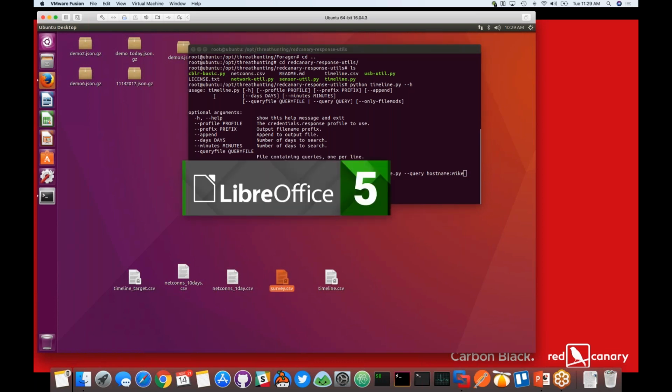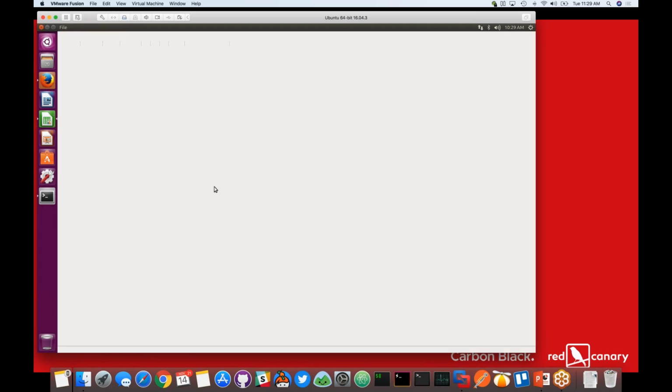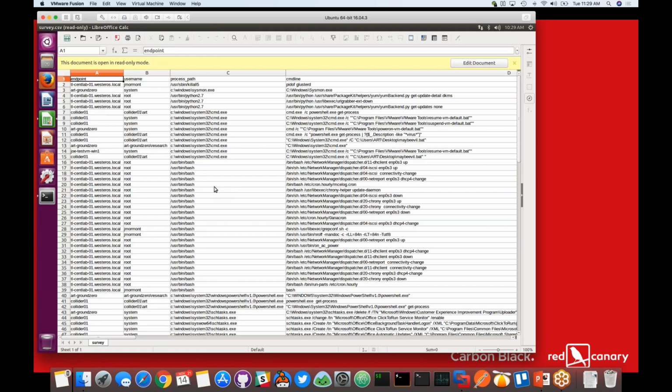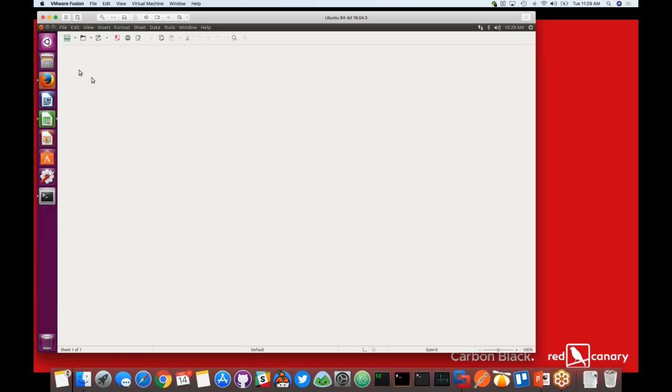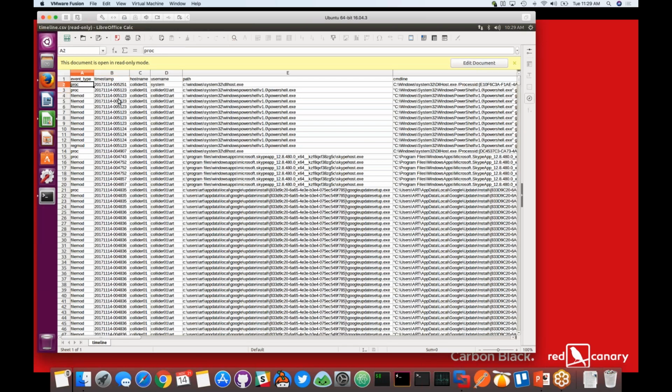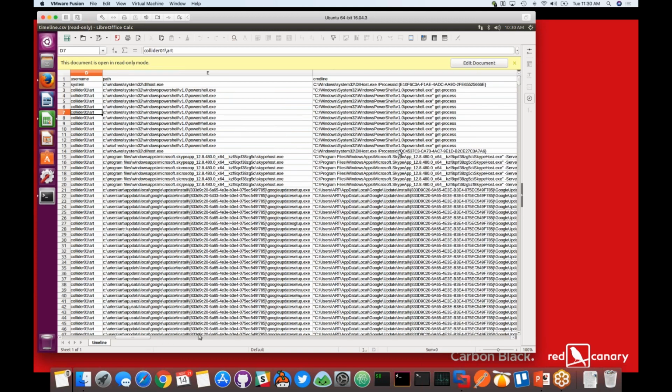All right, so I'm going to open this up. And we get a nice formatted CSV file. We got those endpoint names, username, got that process path. Actually, we open Survey up again. All right, more information. So here's your event type. Like I mentioned, proc, file mod, everything's here. You have your timestamps because you want to know when it happened. When did somebody bring something bad into my environment? When was it downloaded? There's your path, that parent process path. Here's that command line data. Now we know what they actually executed.